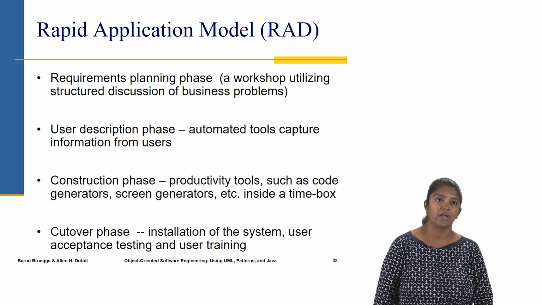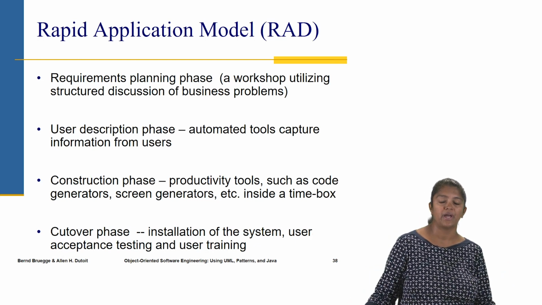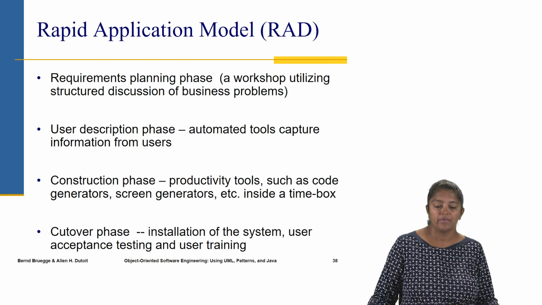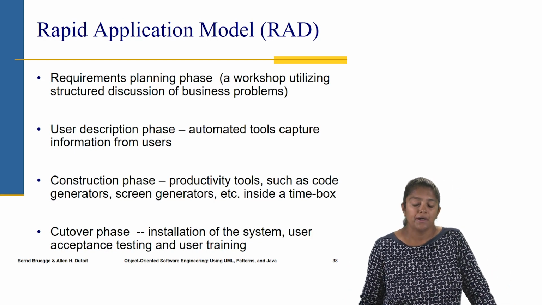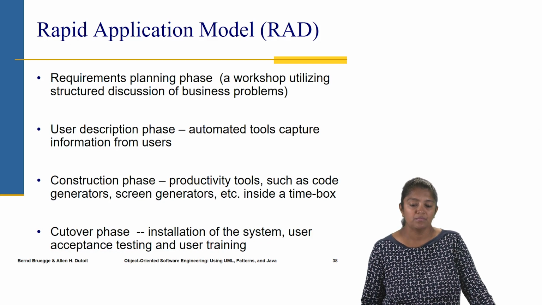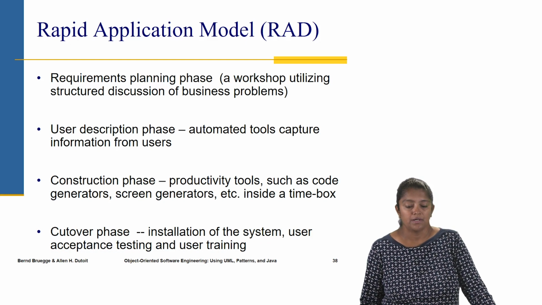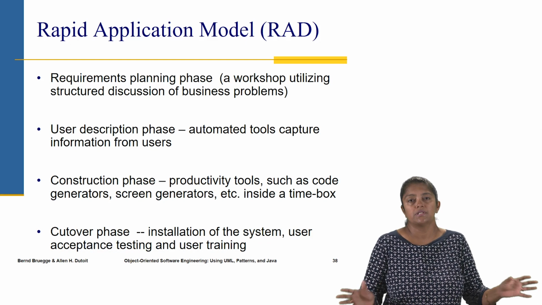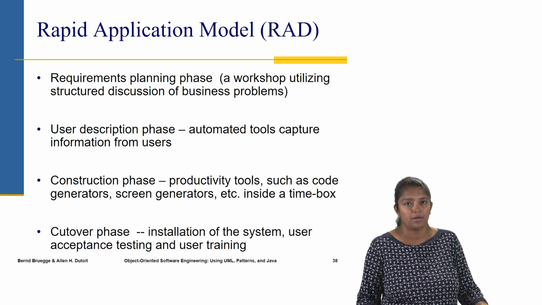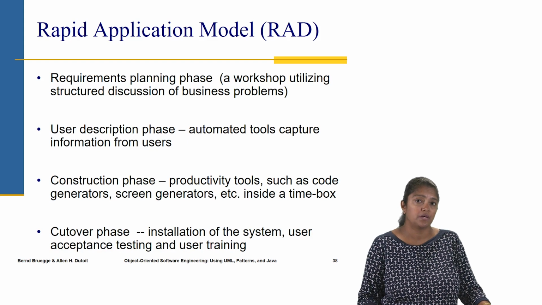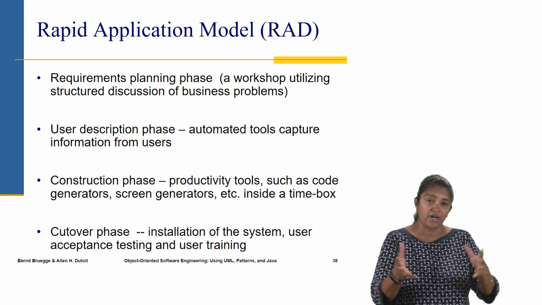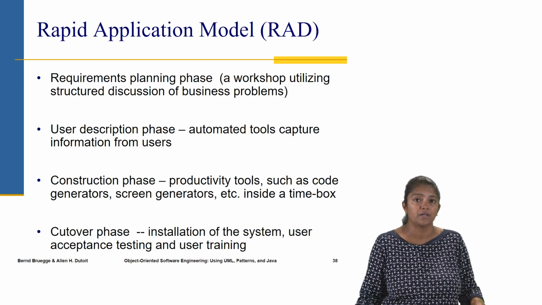So that's one kind of agile method where some kind of common sense practice is put to an extreme. Another one is the rapid application model, where the focus is on rapidly putting together an application. If it involves using third-party software, then that's fine. It's basically gluing everything together.